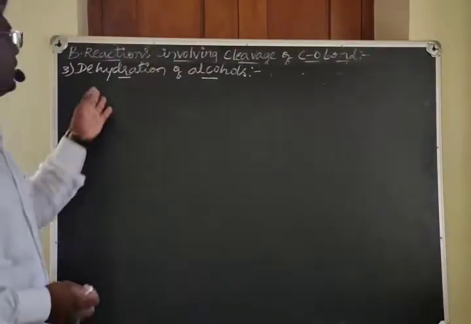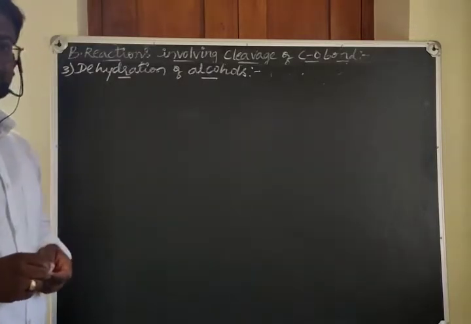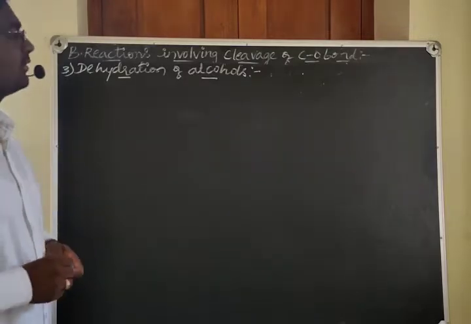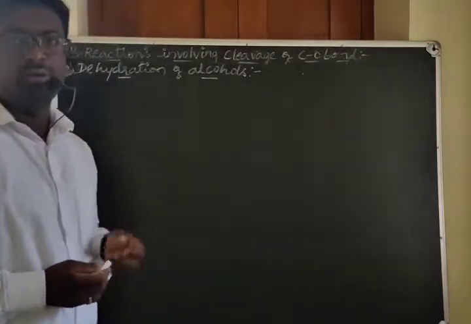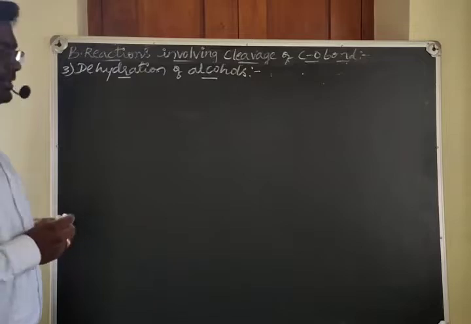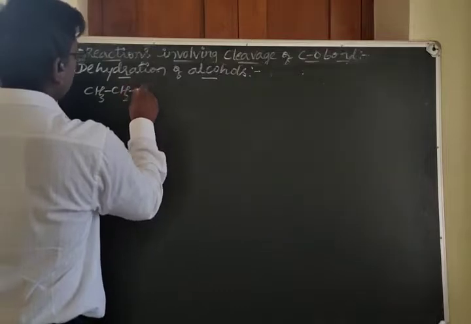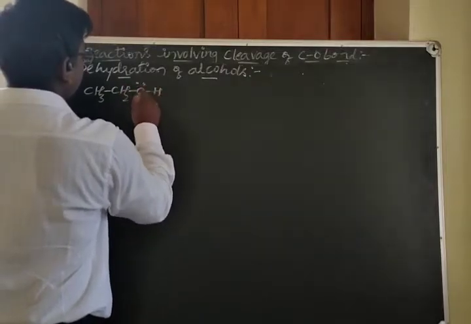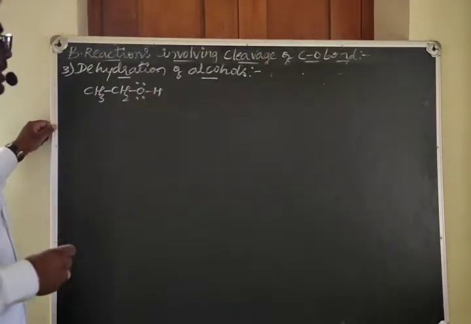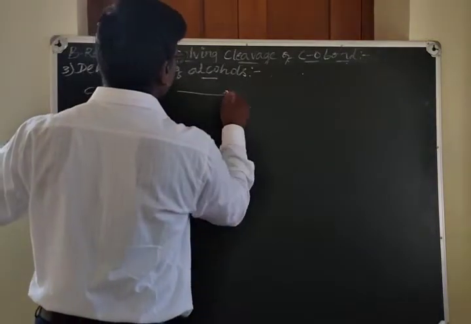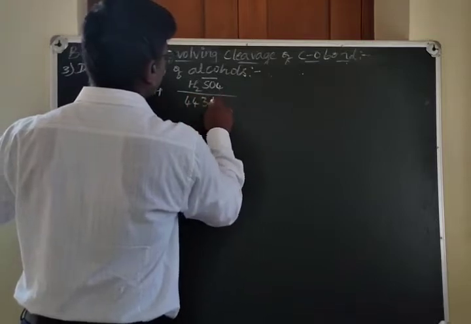Now we shall discuss the dehydration of alcohols. Dehydration means the removal of H2O from the alcohol. Here also we can see the cleavage of the C-O bond. Let us consider a simple reaction equation. Let's take ethanol, CH3CH2OH. When it is treated with a concentrated acid, for example H2SO4 at high temperature, that is 443 Kelvin,